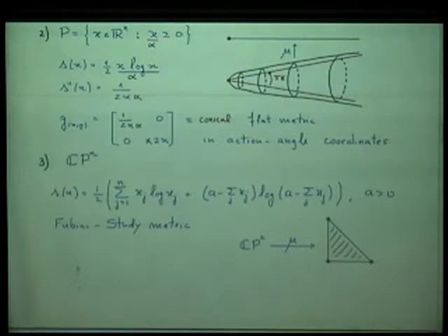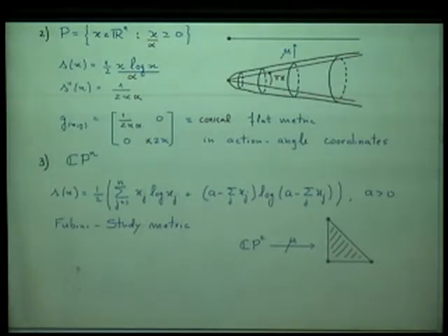Now, I want something that will be relevant for this. Suppose that instead of considering x greater or equal than 0, you define the inequality by dividing by some constant number, x over alpha greater or equal than 0. That alpha is still some positive real number, and it still defines the same region. My point is that when you do that, what you are introducing is a conical singularity at the origin of the metric. So this metric now, when you consider x over alpha instead of just x, you look at this again, you take the Hessian